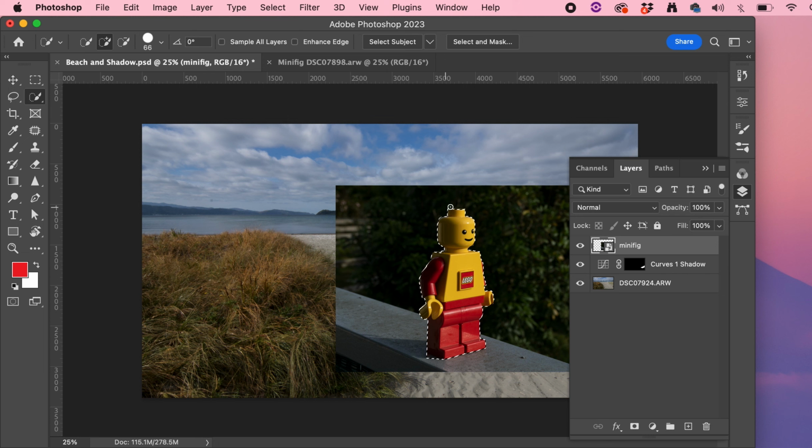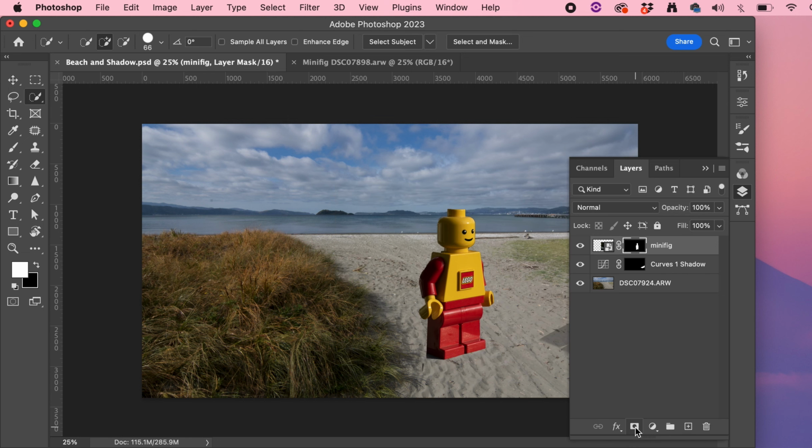So with the minifig, with a selection created around it, let's go to the bottom of the layer palette, hit the mask icon, and the background disappears. And just looking at what we've got here, when we do that, you can see the mask appears attached to the minifig layer. So if you wanted to work on the minifig, you'd need to select the thumbnail for the minifig. If you want to work on the mask and edit the mask, make sure you select the mask, and we